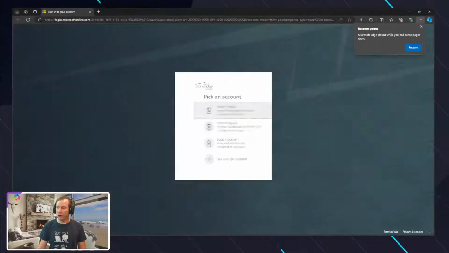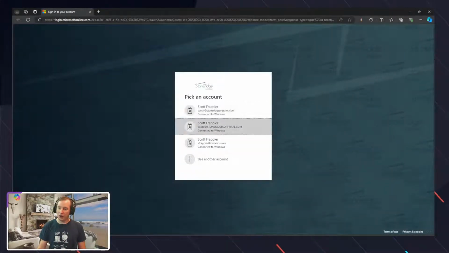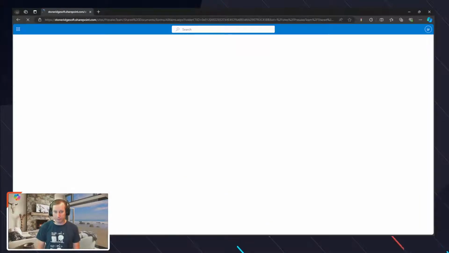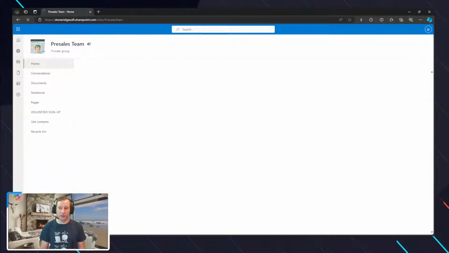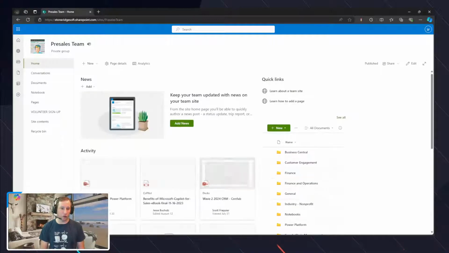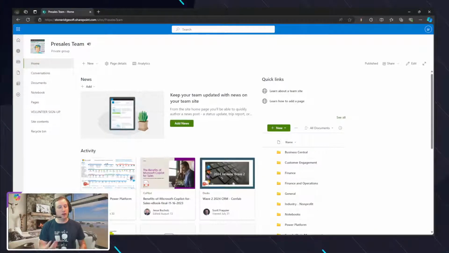And what we're going to see here in just a second, after I go ahead and log in, because we're logging in obviously with my Stoneridge login, the same content from a SharePoint perspective is exposed inside of here. And even a SharePoint site, a team site, was generated for the pre-sales team when I created that team. So there's different configuration that you can use to drive how deep you want it to scale, obviously. But it is a nice welcome feature because if you have some people that don't need access to Teams for some reason, they can at least access some of that detail inside of SharePoint to be able to interact with maybe some of those documents.